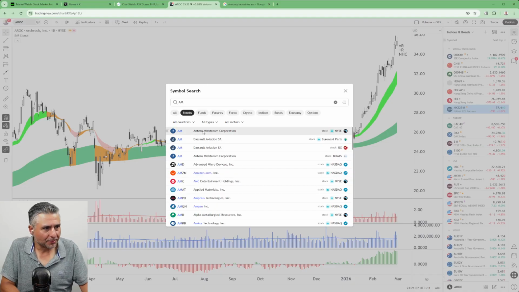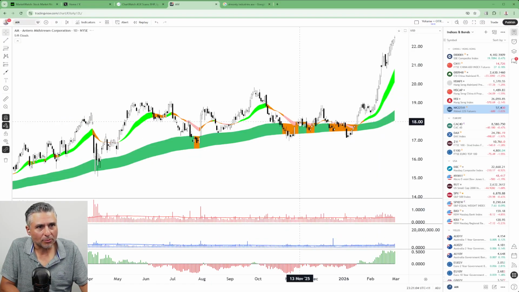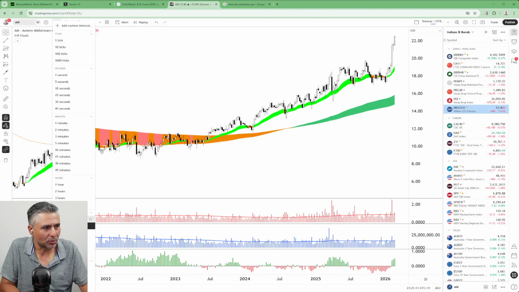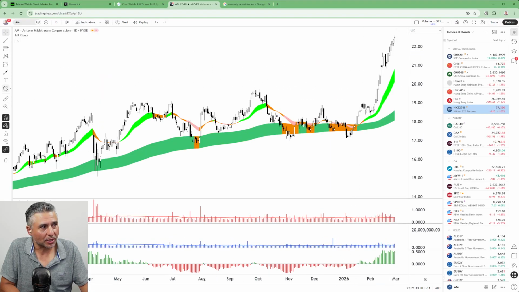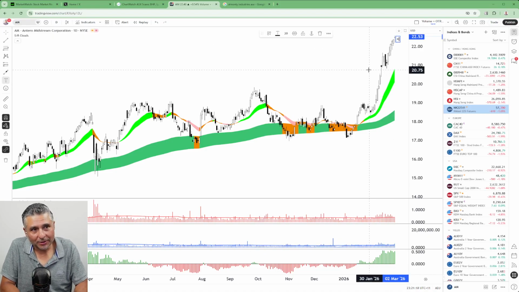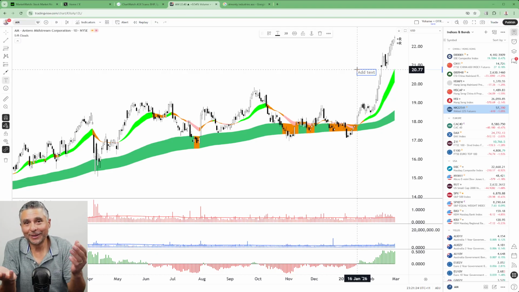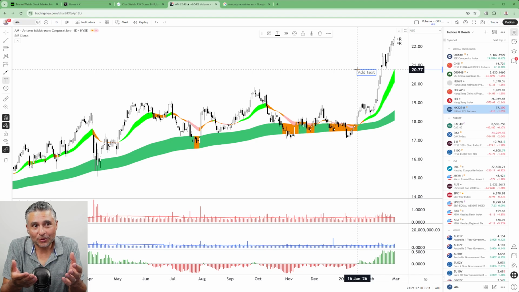Let's go to AM, which is Antero Midstream Corporation. That one's high enough close, so I don't think that's got the same issues as the last one, and the weekly chart is just as impeccable. And it goes to show, once again, that we've got a benchmark that might not be the right benchmark at this point in time. And most of the time, much like my microphone works 49 times out of 50, plug and play, I don't have to check it and I'll be fine. That one time, it doesn't work. So 2% of the time it doesn't work.